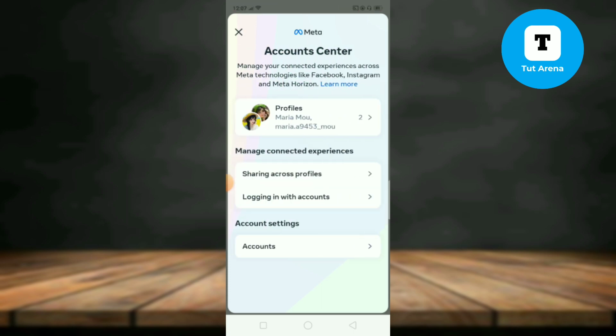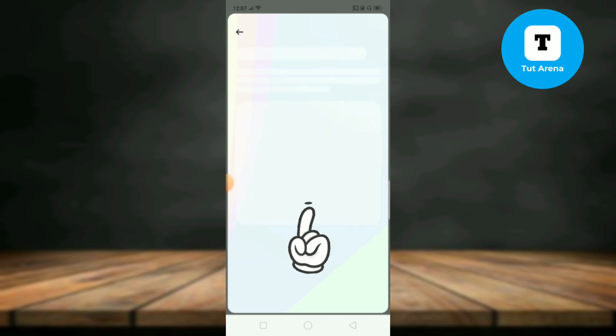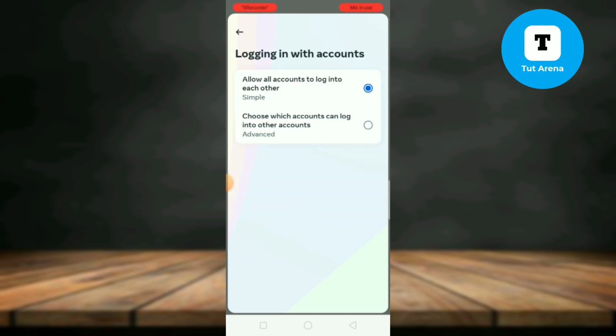If you want to manage your Meta accounts, you can also do it. For example, if you want to change your Instagram account's password as well as you want to change your Facebook account's password at the same time, you can also do it by tapping on logging in with accounts. Like if you choose allow all accounts to log into each other, or if you choose which accounts can log into other accounts, you can also do it. Now let's go back,